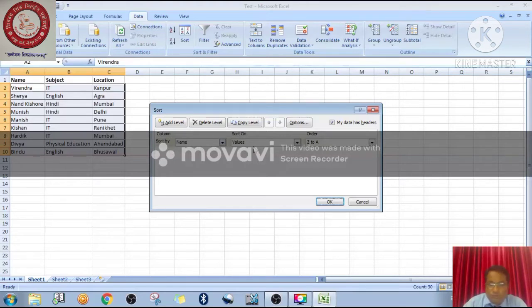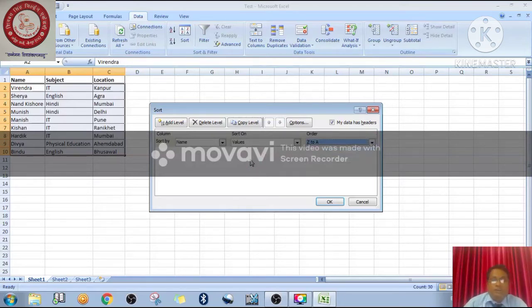Number two, Sort on. Number three, Order, right? In Sort by you will get the names of the columns: Name, Subject and Location. In Sort on, what will you get? You will get four things: Values, Cell Color, Font Color and Cell Icon. And in the last you will get A to Z, Z to A and Custom List.